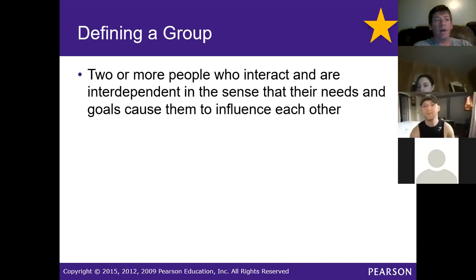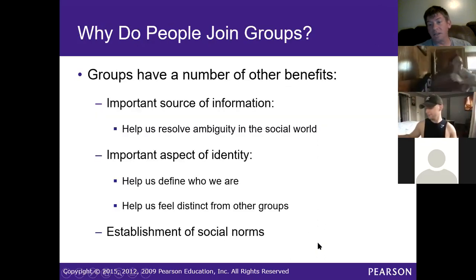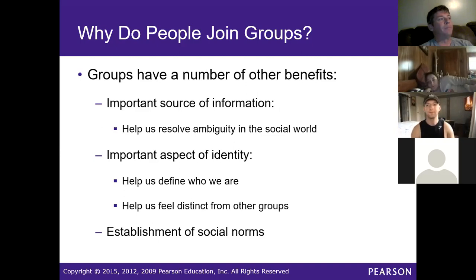You also have, and then Corey pointed out, evolutionary pressures. Absolutely, right? It's necessary for the survival of some species of animal, because some species evolved to benefit from staying in groups while others saw it as a detriment to their survival. So groups have a number of other benefits. Right now we're talking specifically about people, because we are going to talk about non-human animals in the future. Okay, so groups have a number of other benefits.